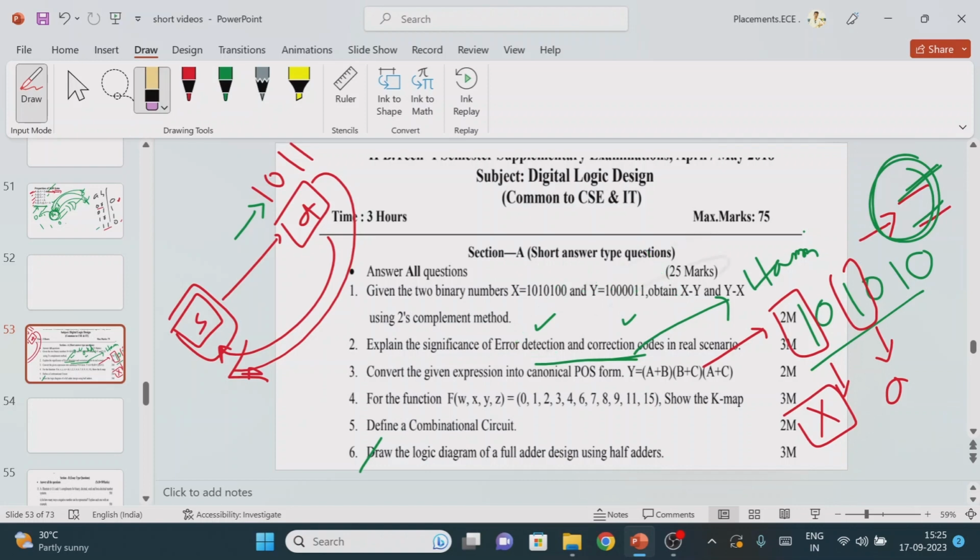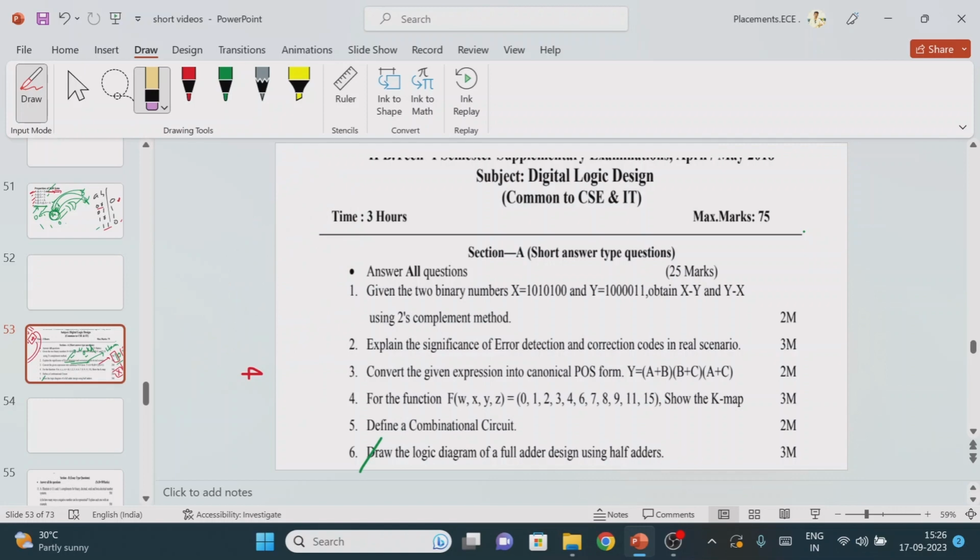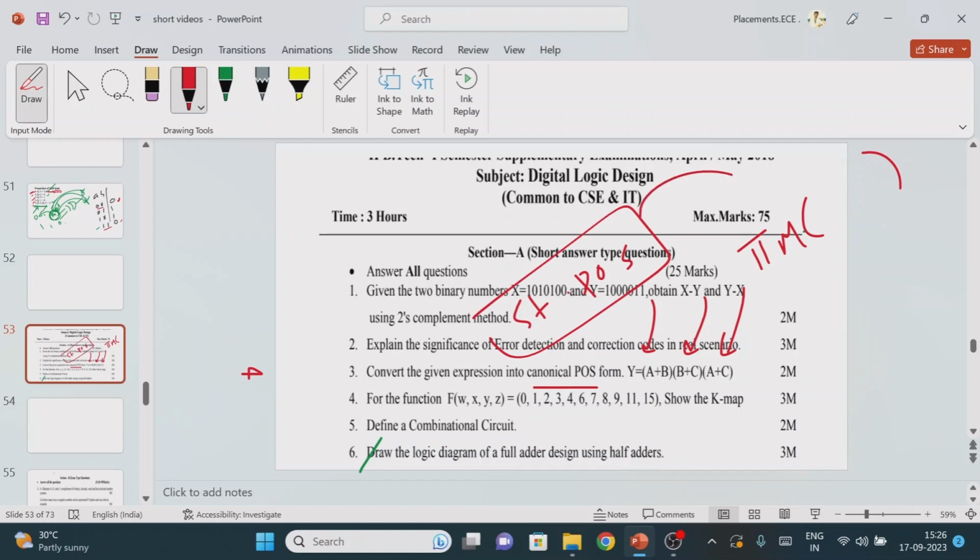Now just read the next question they have given. They are asking to find the answer in terms of the canonical POS form. What is the meaning of canonical POS form? It should be in terms of numbers, meaning the product of max terms, where we need to write the numbers. Now, the first step: anyway it is in sum term form, but to find the canonical POS form, first that expression should be in the standard POS form. If it is not in standard POS form, then you cannot write the max term representation.